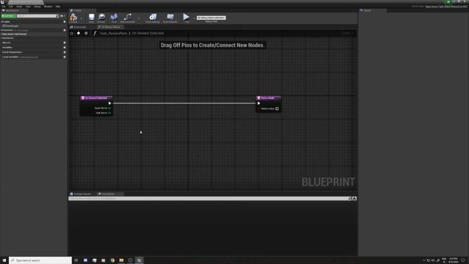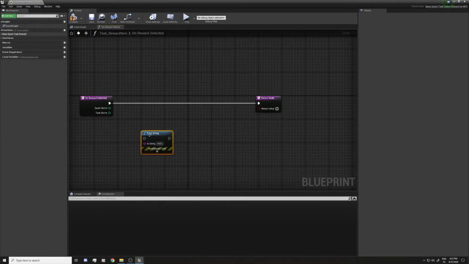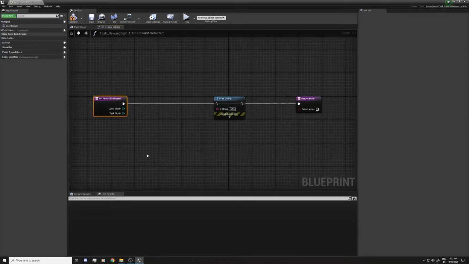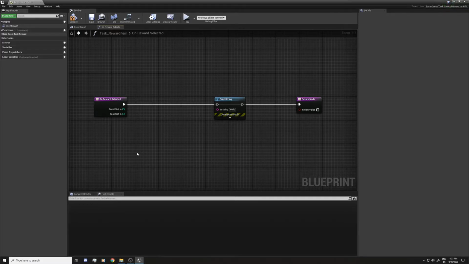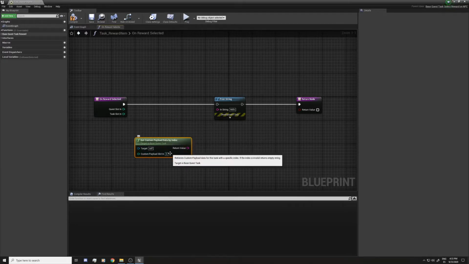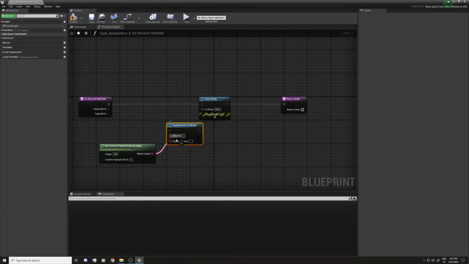We don't have an item system, so I'm gonna just print here, and because we decided to pass the item in the custom payload, just to be consistent with the task in the 5th tutorial, I'm gonna get the custom payload by index, and index 0 is gonna be an item. So if I convert the payload to a struct, I'm gonna need an item variable.